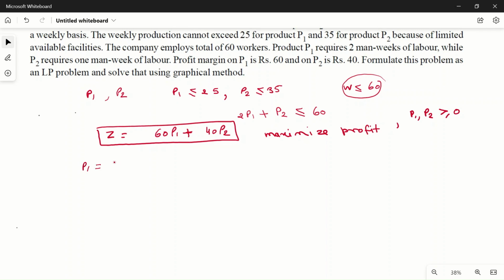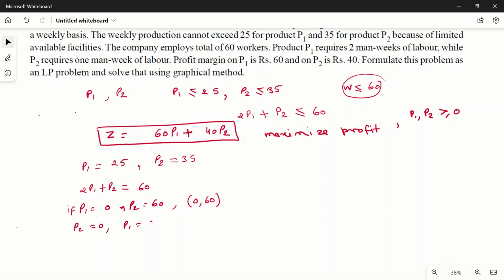Our conditions will become P1 is equal to 25, P2 is equal to 35, and 2P1 plus P2 is equal to 60. Here if P1 is 0, then P2 will become 60. So this will be 0 and 60, and if P2 is 0, then P1 will become 60 by 2, which is 30. So 30 and 0 will be a point on the